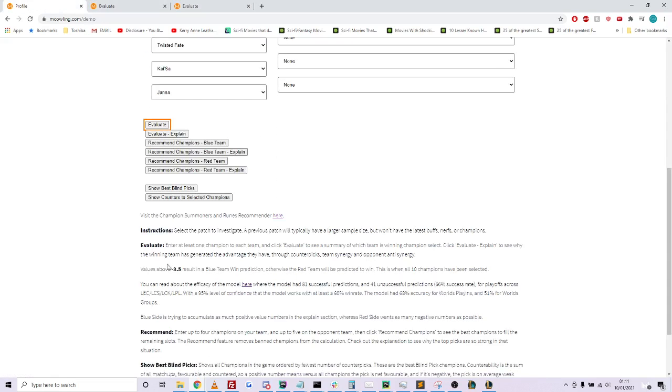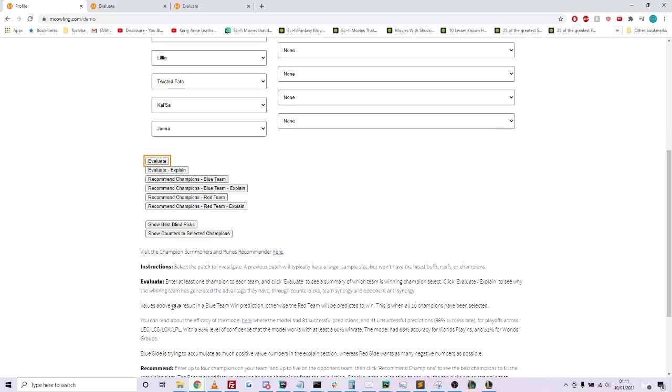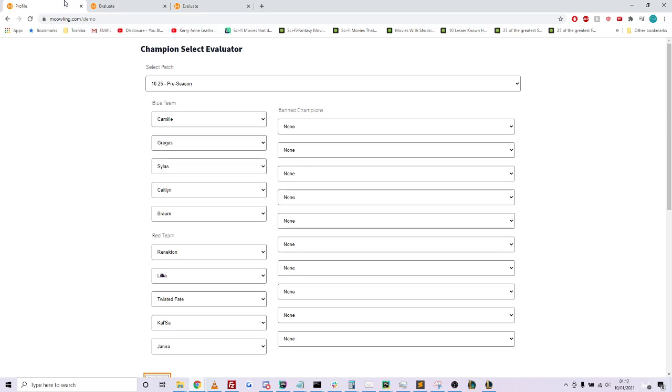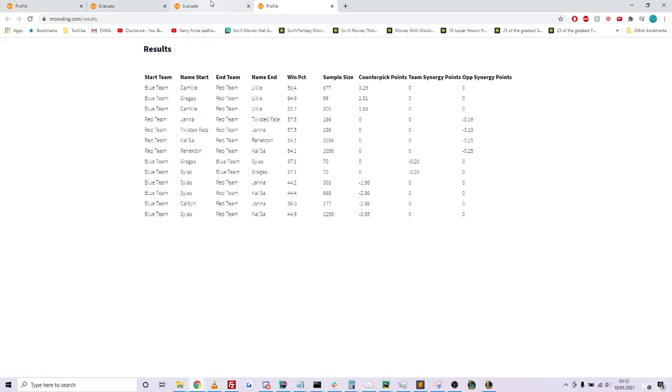So if you read the instructions, it says any number above minus 3.5 is a blue team win prediction, and anything more negative than minus 3.5 is a red team prediction. So we've got a number which is more negative than minus 3.5. So this means the red team is predicted to win, which is obviously what we want as a red team player. And if we want to understand why it's predicting a red team to win, we can click on explain,